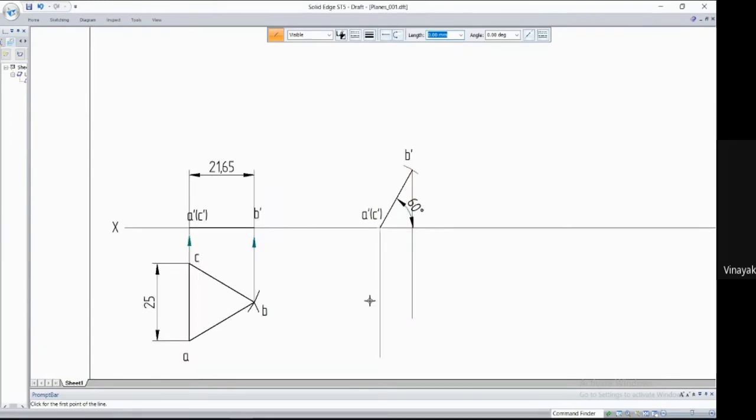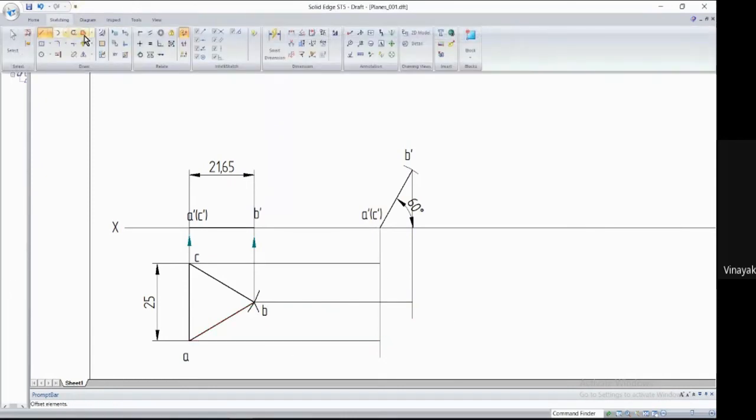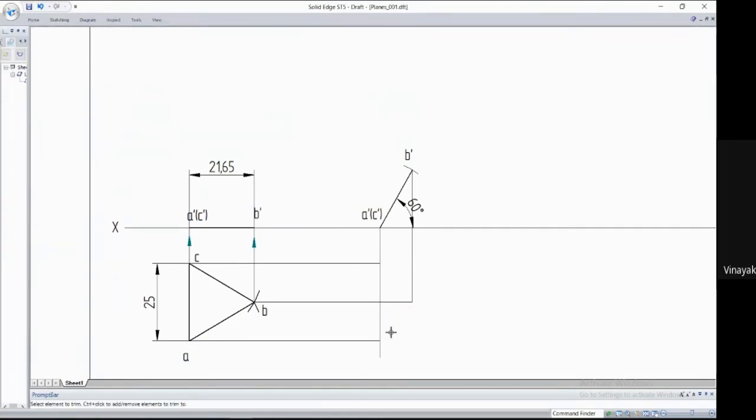Now here, C, I'll only draw it till here. Why not till here? Because this line indicates B, and this line indicates C and A. Now I'm drawing C here, so till here you have to draw it. Again B, B is here, till here you have to draw it. And this you have to draw till here. Any extra things, there is a trim option when you are doing it on the computer. Just drag it here like this, it will trim. I'll trim.